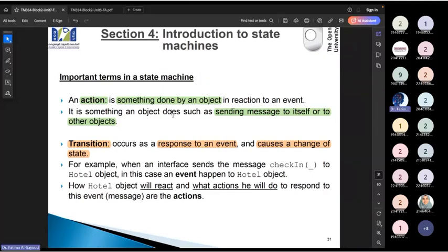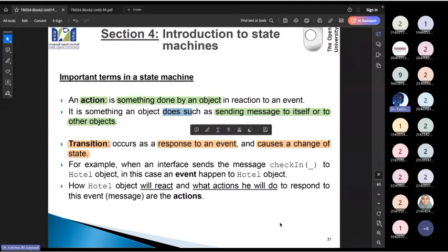So here we have an event, and the reaction is the action. Every event has an action. Any event, we will have an action. As we say, for every action there is a reaction. And the action is sending messages to itself as an object. All this is going to be explained more easily when we see more examples. The transitions occur to represent the event whenever we have a change.